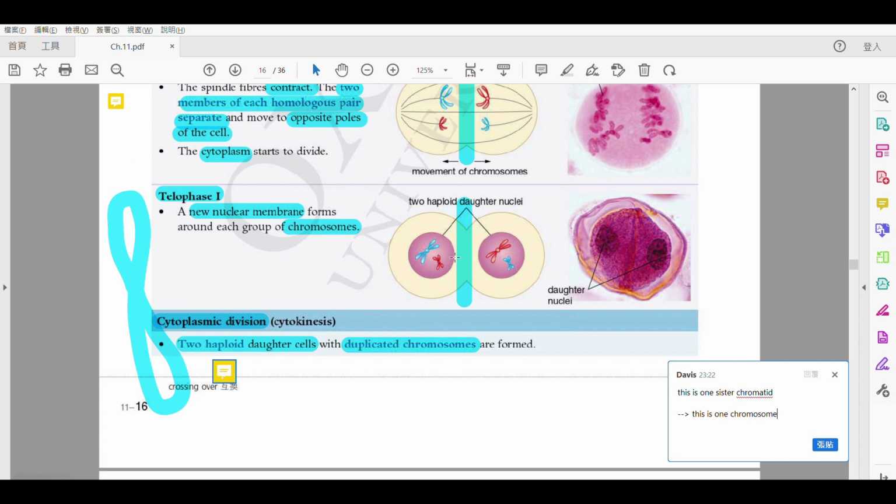But as you can see here, the two sister chromatids 嗰兩條嘅 sister chromatids 係 attached at the centromere 喺中間點嗰度連接咗嘅，得唔得？So in this case we can know that 佢哋其實係 duplicated 嘅，佢哋而家仍然係一個複製咗嘅狀態。They are not yet completely divided，未完全分開咗嘅，得唔得？